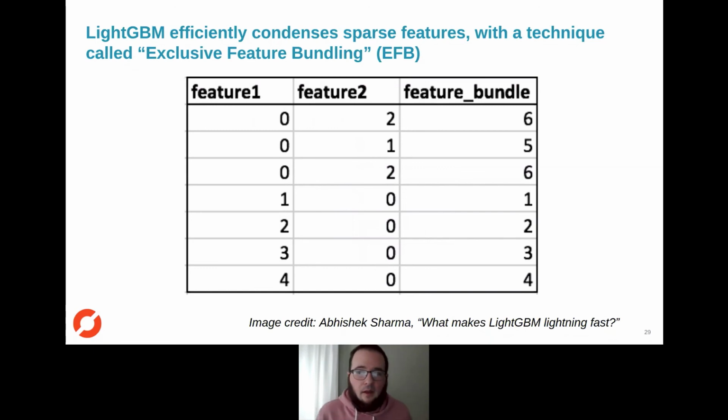Okay, the next feature I want to talk about that makes LightGBM fast is something called exclusive feature bundling. This is the way that LightGBM deals with sparse features. And so in this very simple example from this blog post I really like, we've shown two features, and you